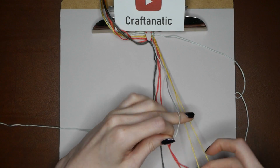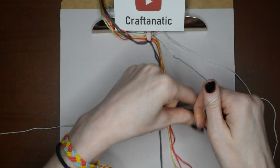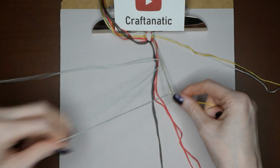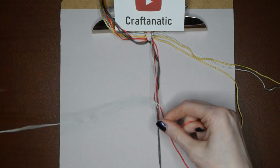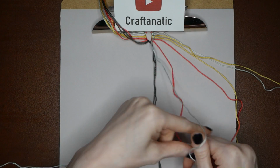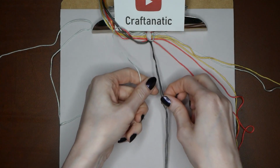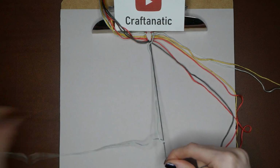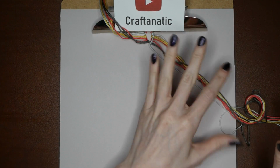And then we pick up our next base strand in line, and we do the same thing. We do a backward knot. And we're going to repeat this on all of the rest of our strands until we get it to the middle. Now that we have that, we can move our right side of our strands off to the side and come